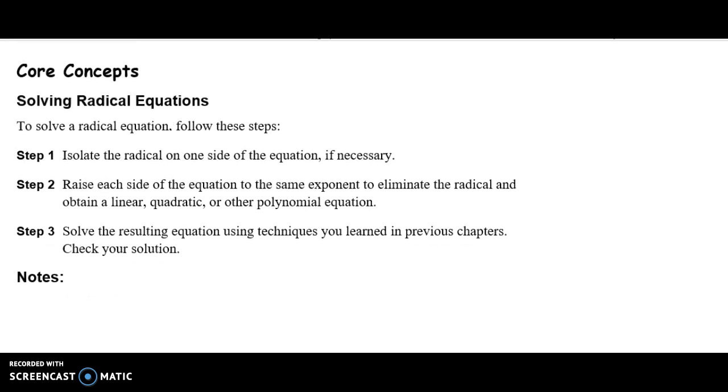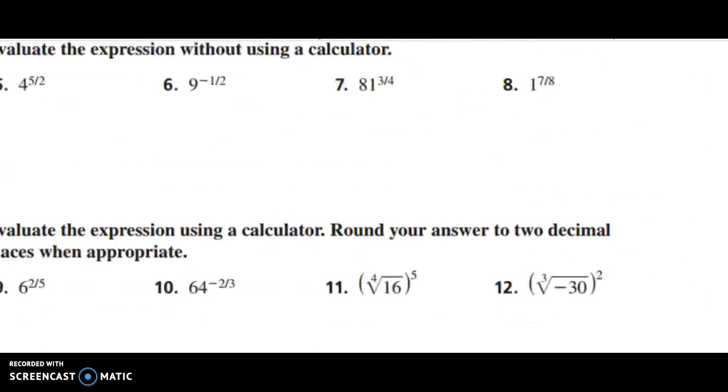Then I'd like you to look at the core concepts, which is basically step-by-step directions on how to solve radical equations, and we'll follow these steps in the different examples ahead. Please read through them now. Step 1 will isolate the radical only if necessary. Step 2, raise both sides to an exponent that's going to eliminate the radical, and then you'll solve your equation like you would normally. So now let's go over to the notes and let's look at example 1 on section